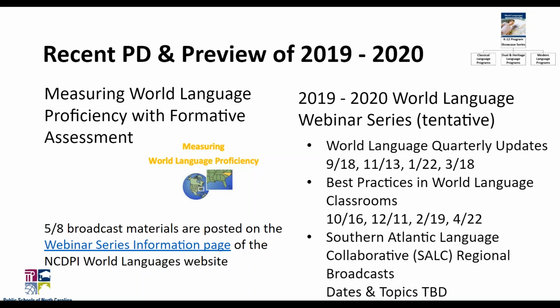But we're probably going to focus on best practice topics. For example, maybe something like staying in the target language 90% of the time or more, or how to integrate comprehensive assessments. So how do we look at, for example, integrated performance assessments, or how do we structure things so that students are learning what they need to learn and able to demonstrate their understanding of the language and their work in the language in an authentic way. So those topics, like I said, and dates are to be determined, but that will be another offering.